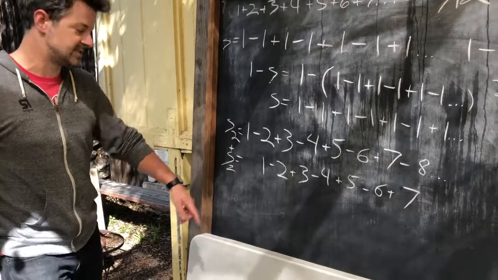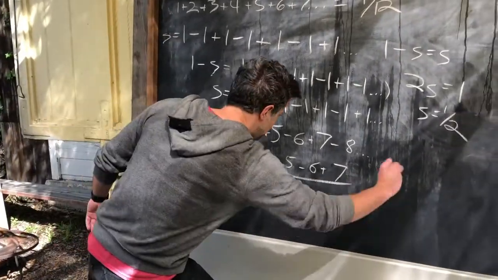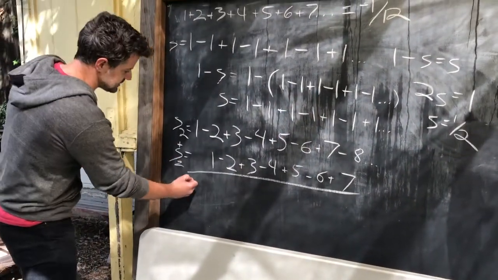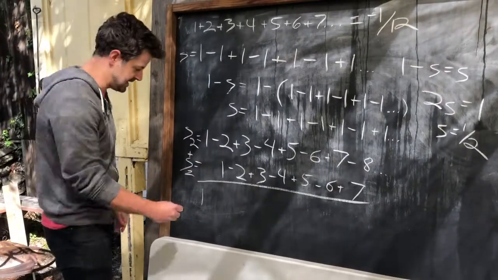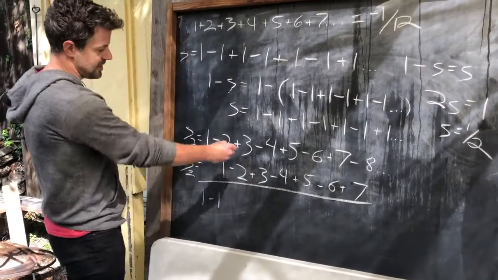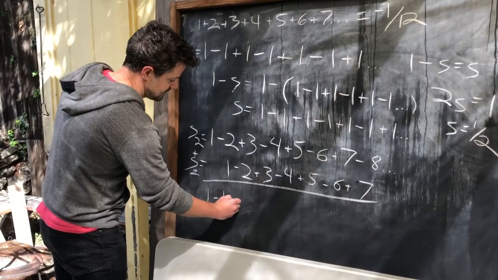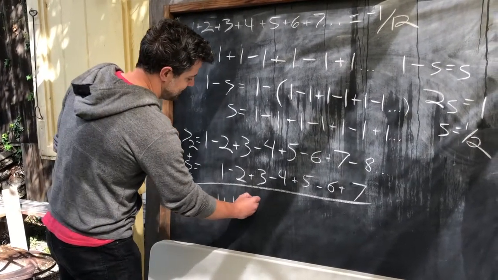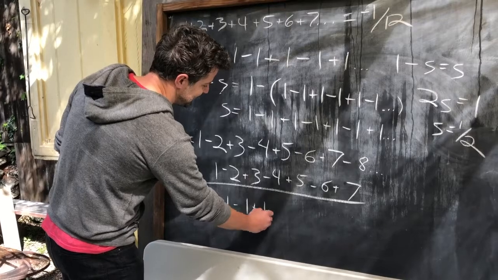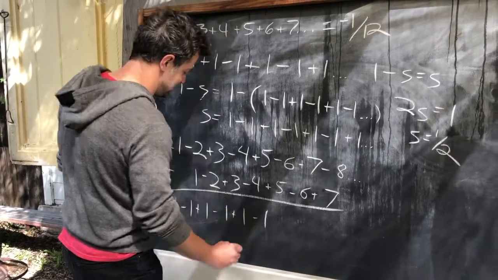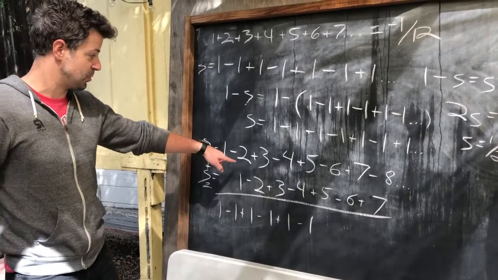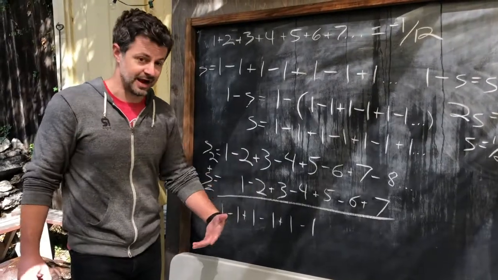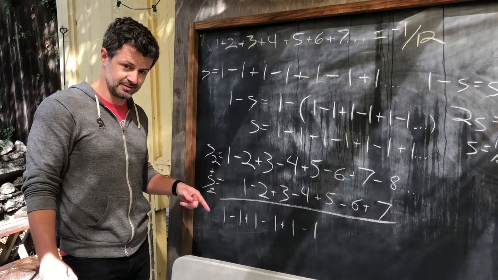So if we're adding these two, we have 1, that's just 1, minus 2 plus 1 is negative 1. 3 minus 2 is plus 1. Minus 1, plus 1, minus 1. So this series, 1 minus 2 plus 3 minus 4 plus 5, plus itself,